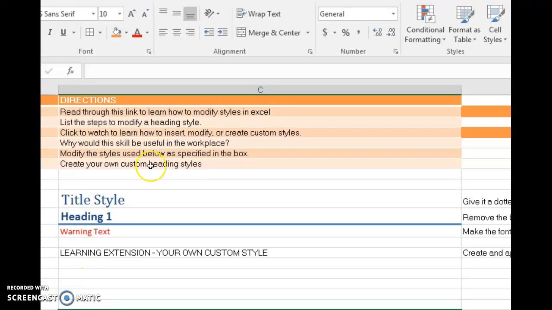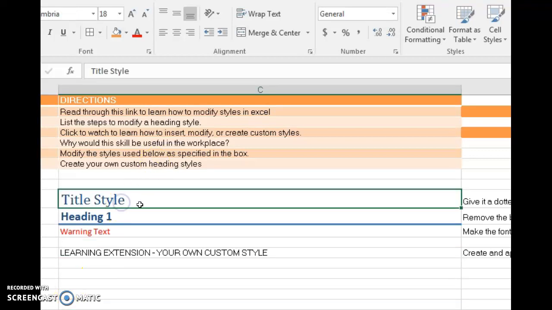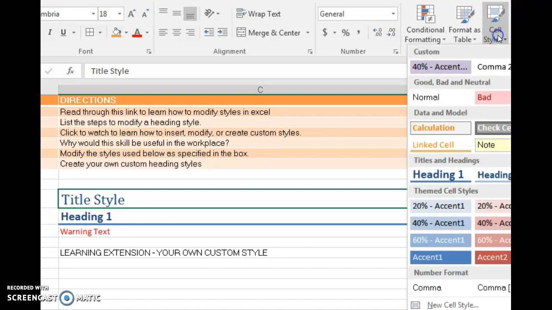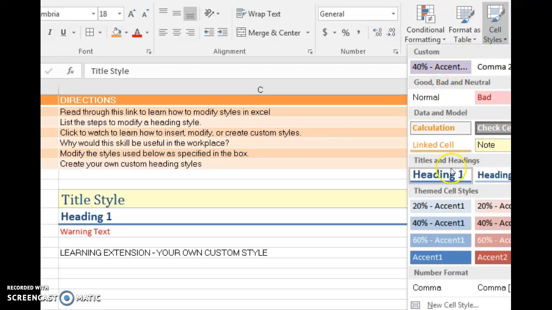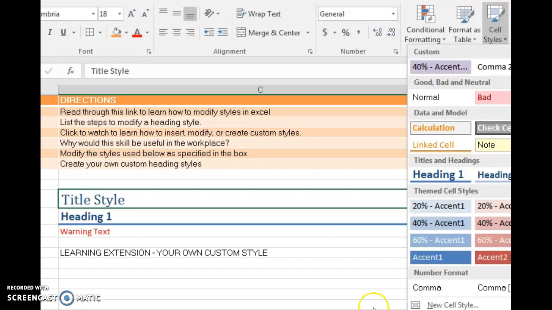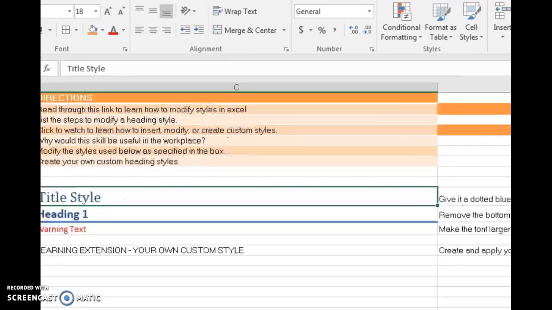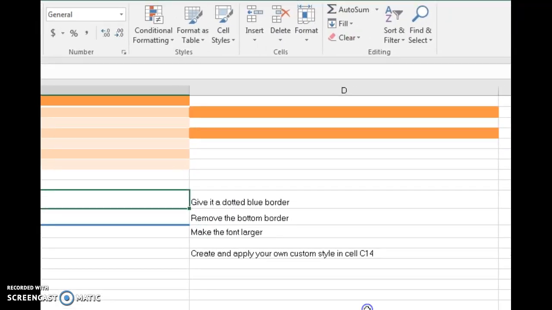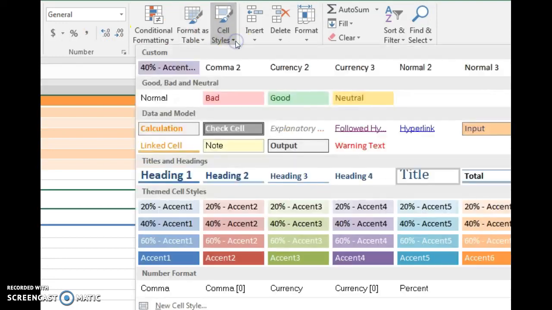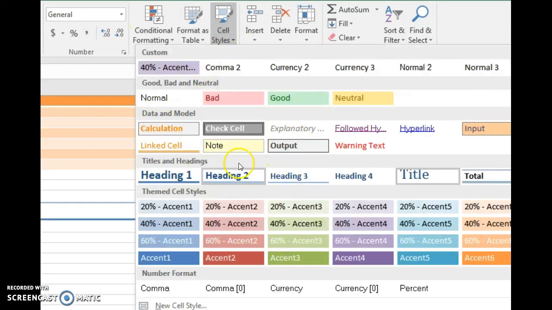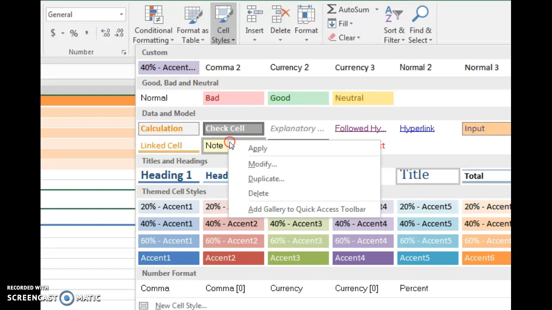Excel offers different cell styles to make your spreadsheets look good. You would just click on the cell, click Cell Styles, and you can see some of the pre-made options that are available here. To apply them, you just simply click on that option. If you need to make changes to one of these pre-made options, you simply right-click on the option and choose